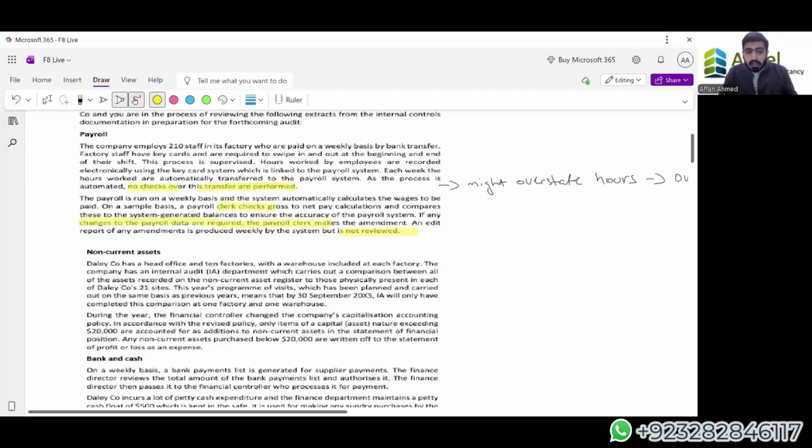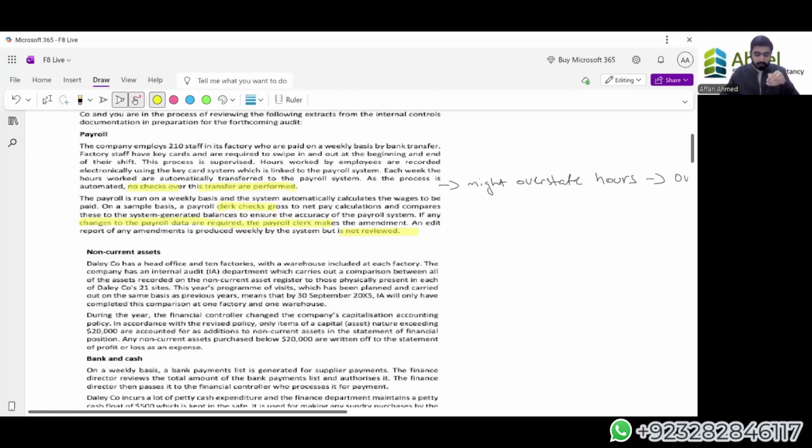So what can be the risk here? What can I write is, first of all, I'll copy paste these pointers. First point will be that the clerk is checking the transactions, not the senior manager. This creates a problem. Why is it a problem? The clerk might not have the authority to check the transactions. He doesn't have the understanding of the systems or the company's policies that a senior manager has, and he doesn't have the authority to pass the transactions on.